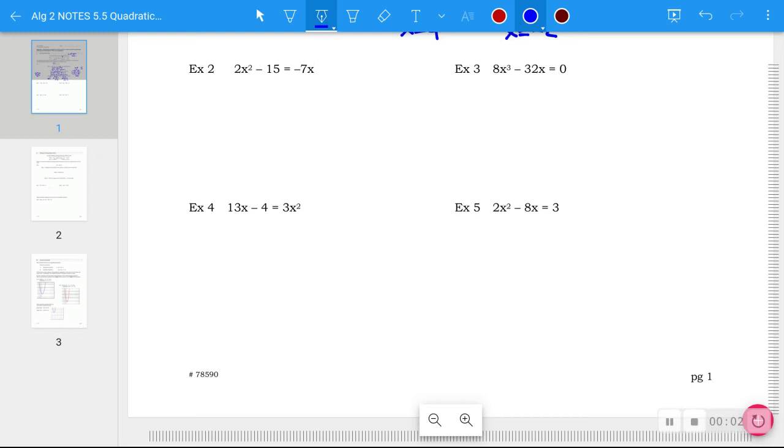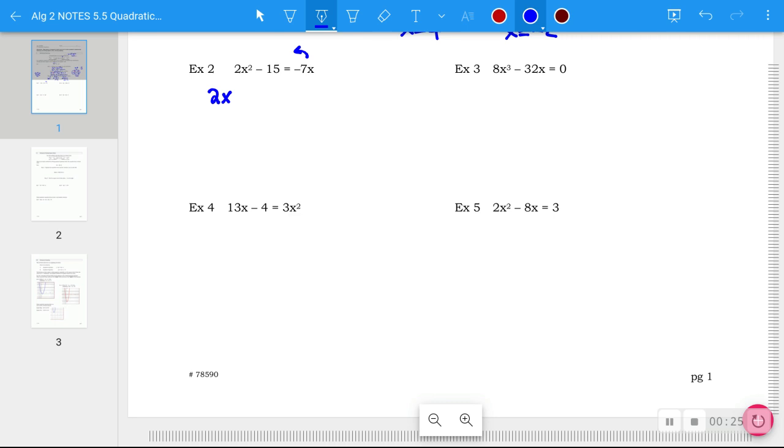Okay, this is the continuation of the section 5.5 notes for Algebra 2, and we're learning how to solve equations by factoring. The first step, and I'm going to do it on all four of these, is to get the equation in standard form. And on example 2, all we have to do is bring that 7x back, and you'll get your